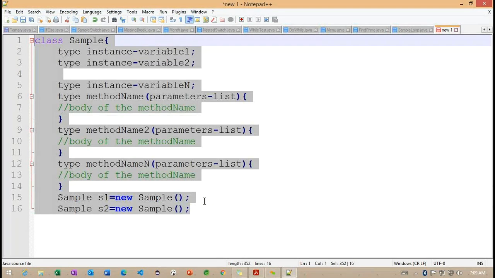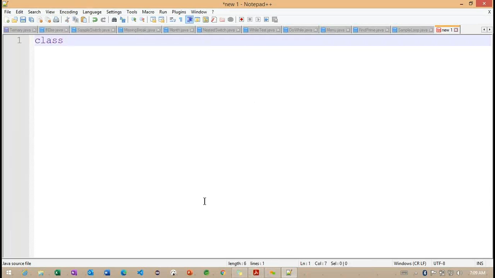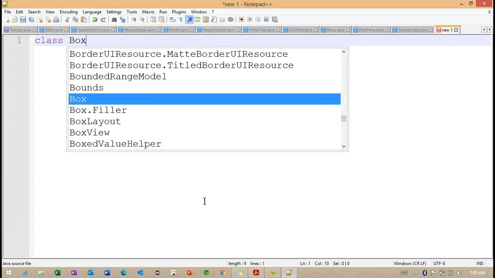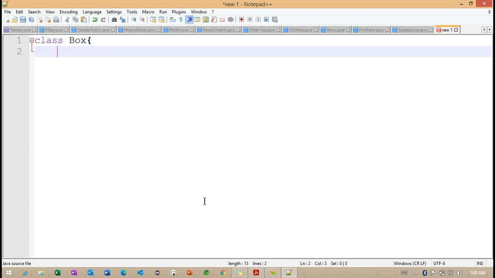For this, I'm removing this syntax information. Directly we'll go to this Box class. Carefully observe, from today onwards we'll work with this Box class. Inside this Box class, I'm defining the data type. What is the data type we are defining? double. The type is the data type we need to specify, double data type, and the name of the variable. I'm defining the name of the variable as width.